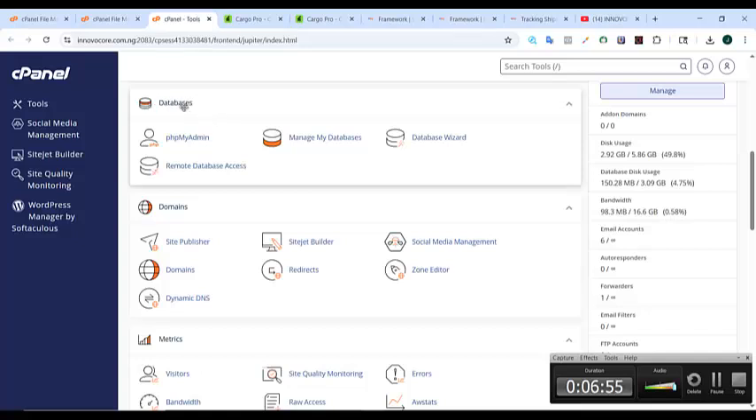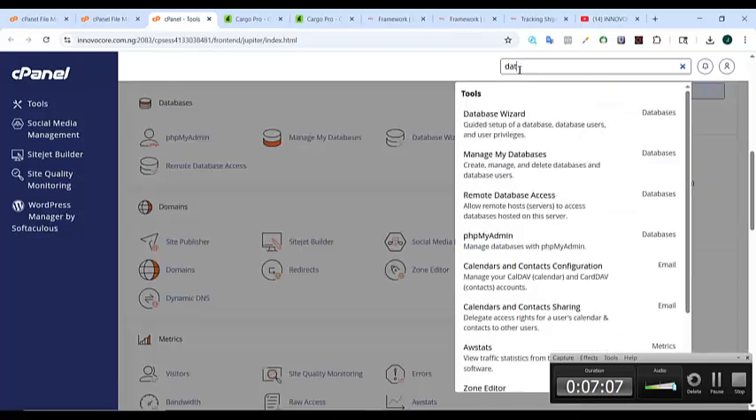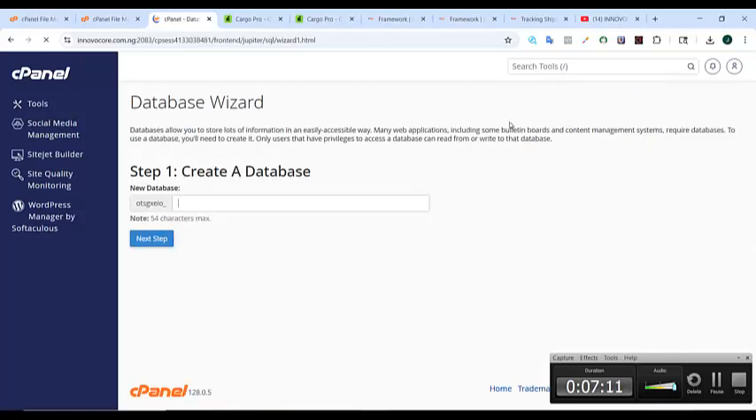So here that indicates databases. So we click on this database wizard. But if you want to go very fast to database, you can equally use the search tool and just write database wizard. So you click on it, it will take you to this area. While we're waiting for our file to upload, we are going to create a database